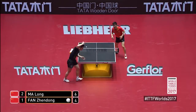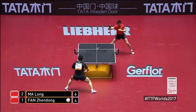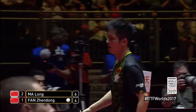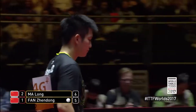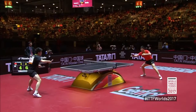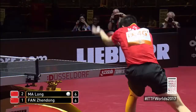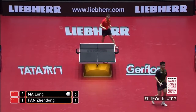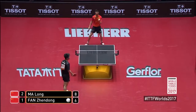Change directions. Excellent backhand, changing directions just like you said, Gavin. And we've not seen enough of that from Fan Zhendong so far. It's just been his trademark backhand on the diagonal, is what we've seen most of the time. But look at that lovely change, and the improvisation that Ma Long brings to the game that makes him so tough. Strong opening, but once